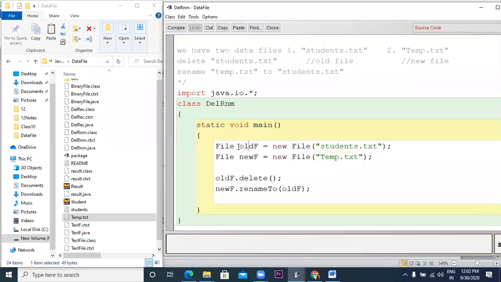Now when I use this oldf object to call the delete function, actually student.txt will be deleted. And when I call the renameTo function using newf and renameTo oldf, then the name of temp.txt will become student.txt. And this file student.txt has already been deleted, so there will be no problem in renaming temp.txt into students.txt. Now when I run this program,